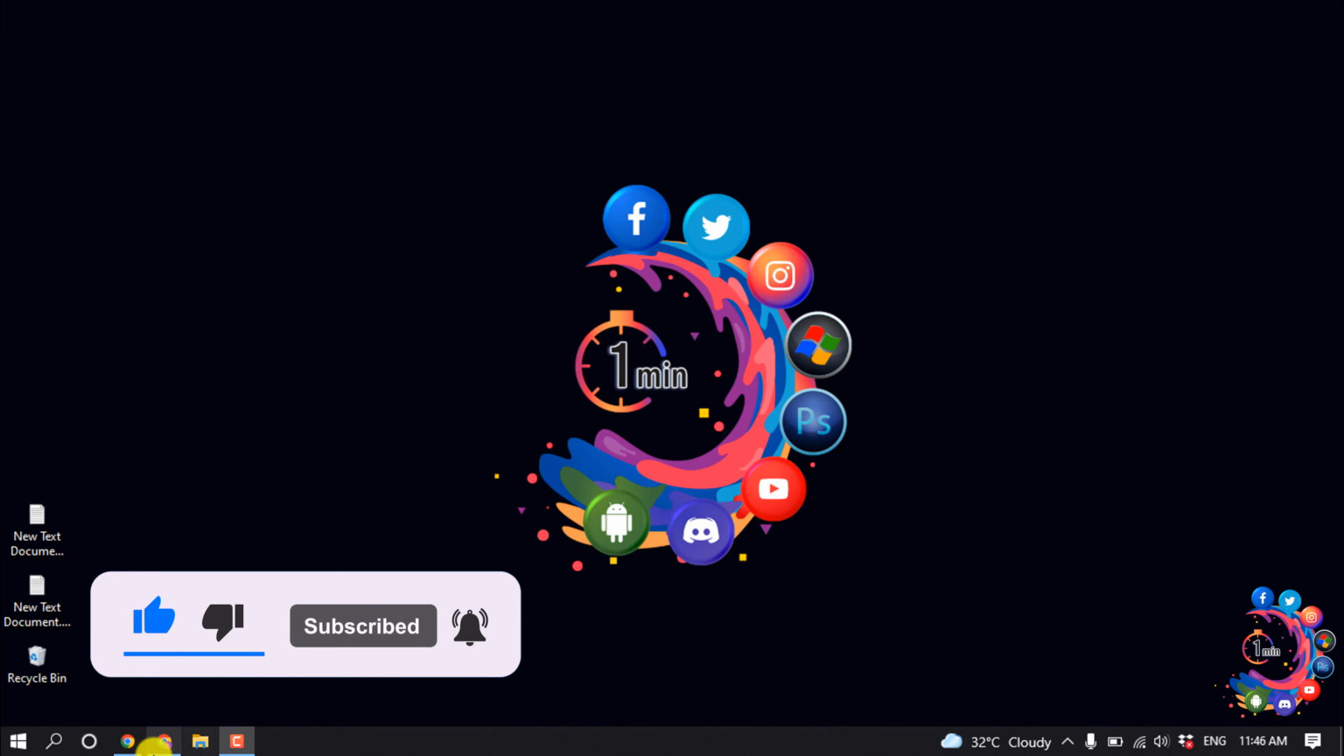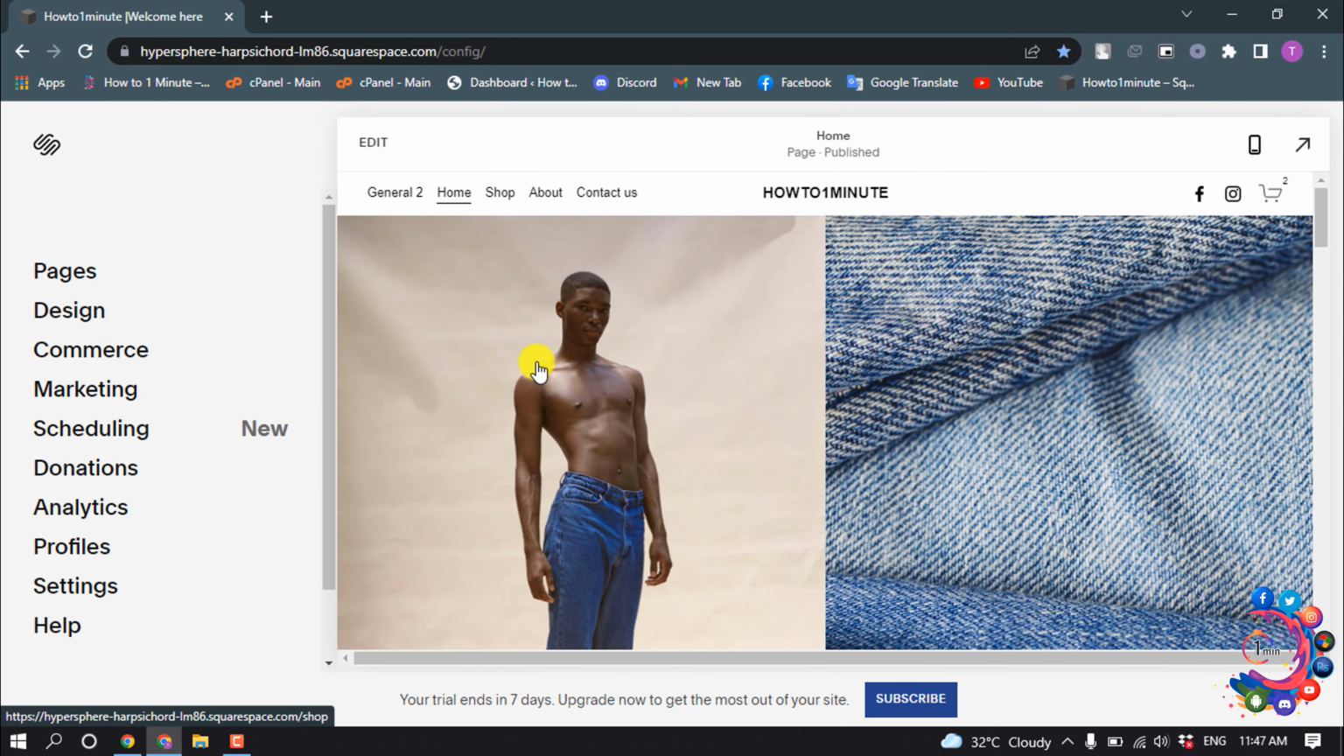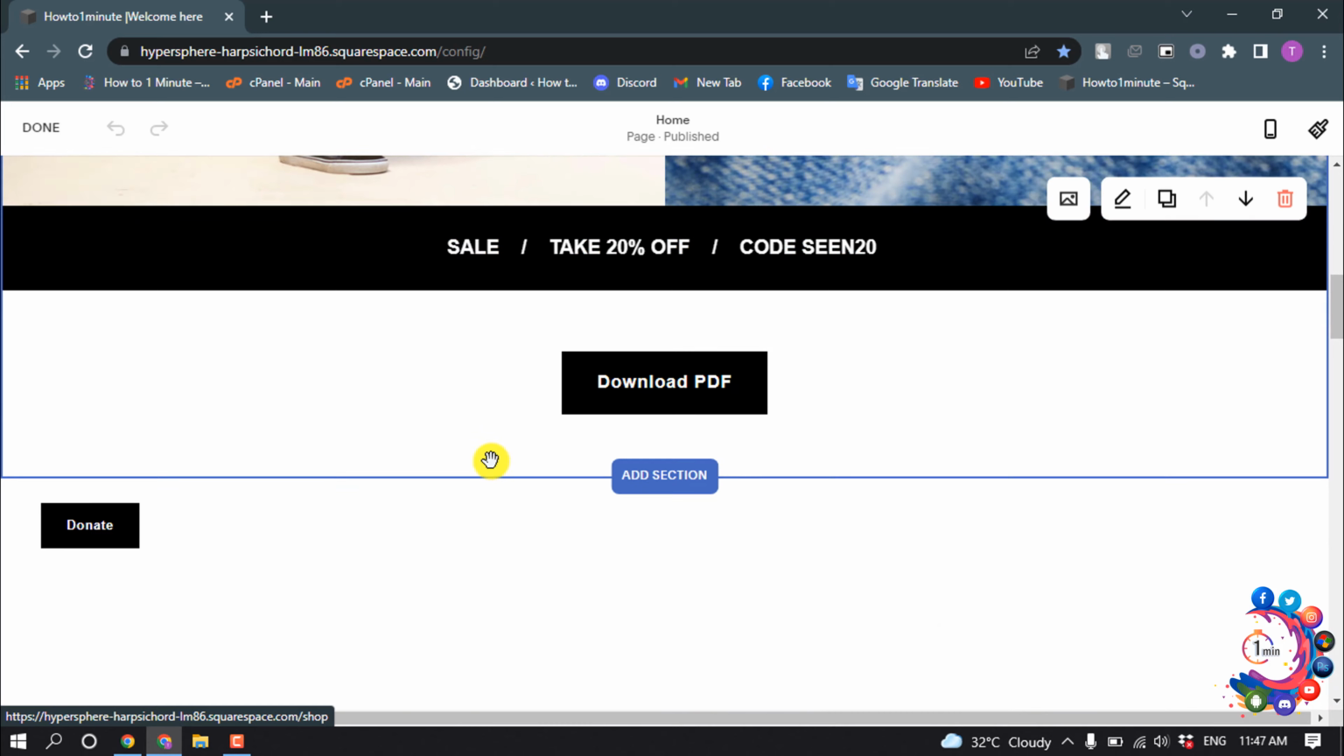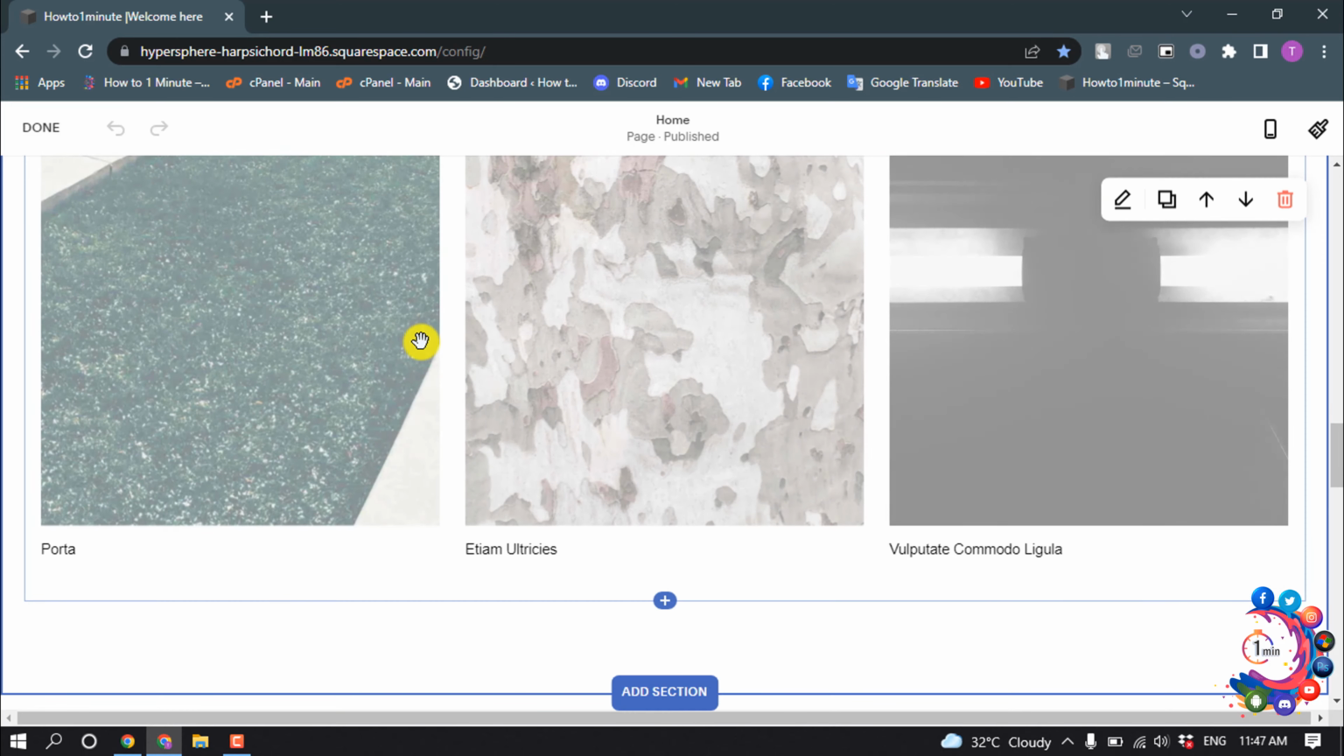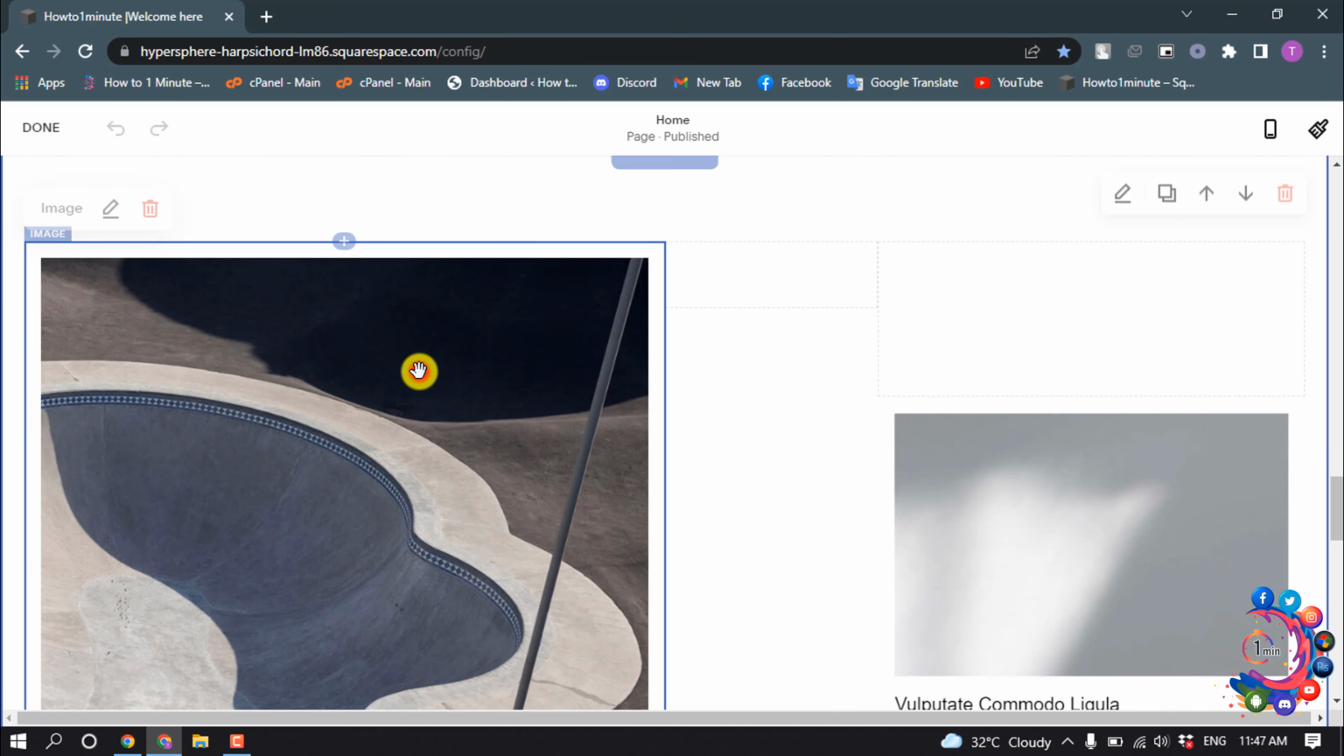So first of all, open that page or post where you want to add or upload a file, then click on edit, and now simply select that section where you want to add the file and click on this pencil icon,